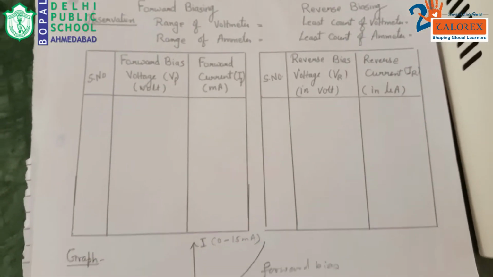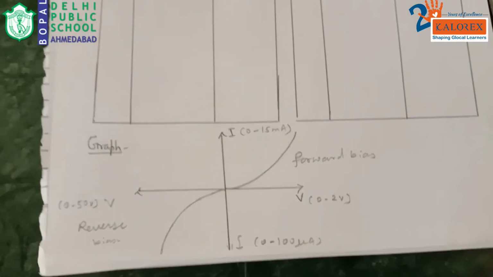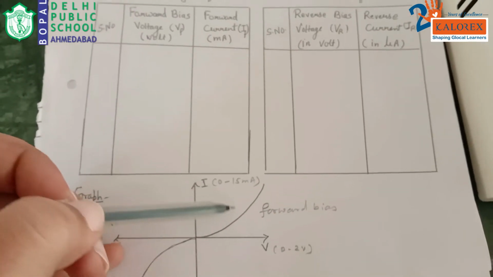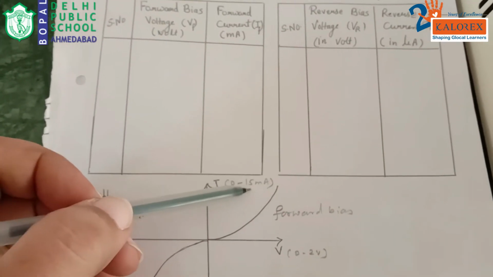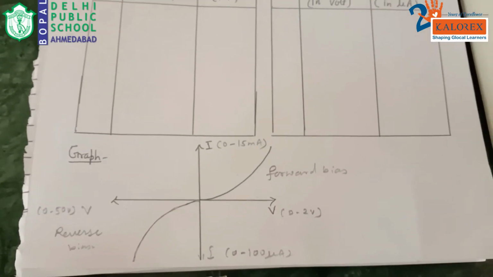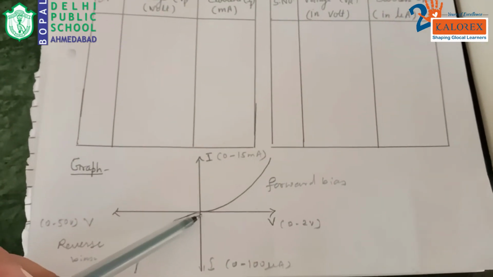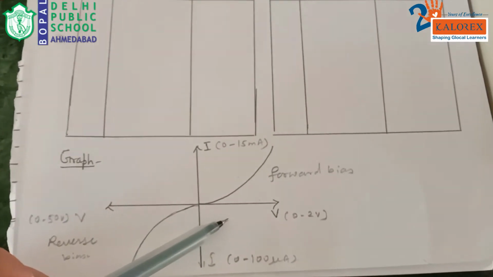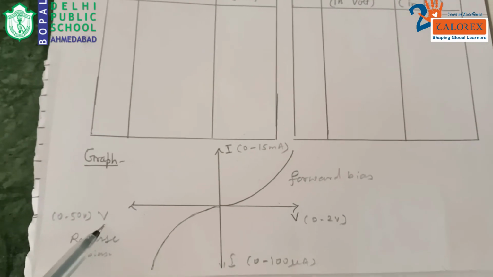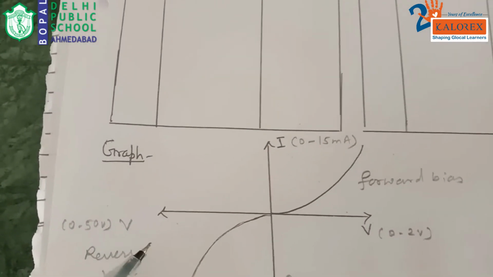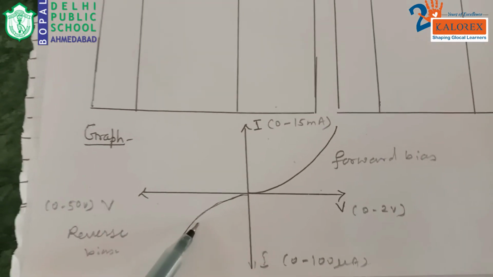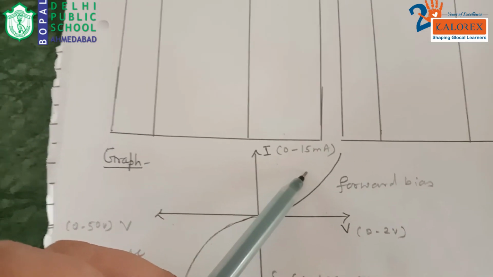this is a table. Once you have taken them, this type of graph will come. You can see that the vertical axis is for current, for forward bias. This gives the 15 milliampere range, while over here the downward minus y axis gives 0 to 100 microampere. Along the positive x direction, voltage of 2 volt maximum you can apply and get a good current. While here, by applying a 50 volt supply, we get a current of microampere order. So we can say this behaves as a high resistance and this behaves as a good conductor.